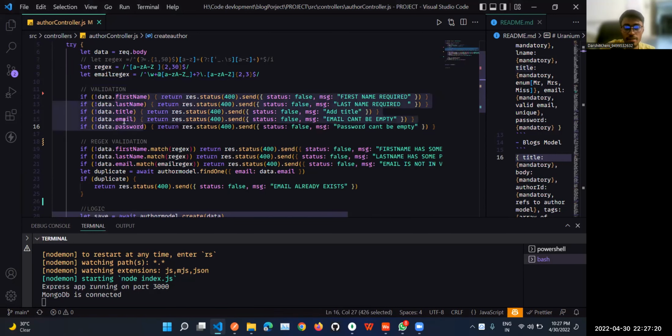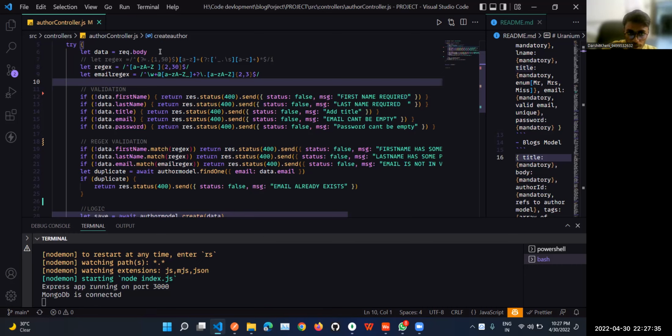So it is mandatory, and for that we use if data dot first name, where data is request dot body, all the body data will be passed here, and from here we check if data dot first name is not present, this condition will run, because if data dot first name is not present, then it will be zero, and zero with the exclamation mark